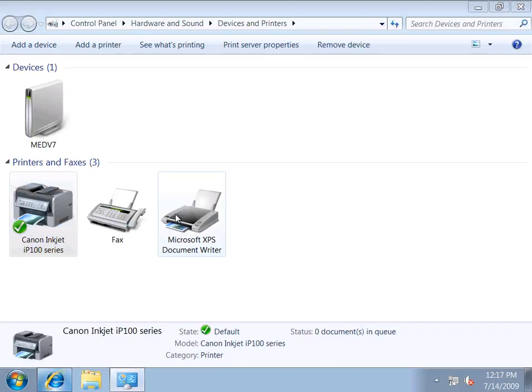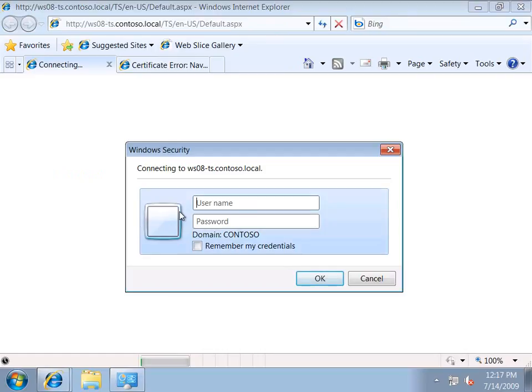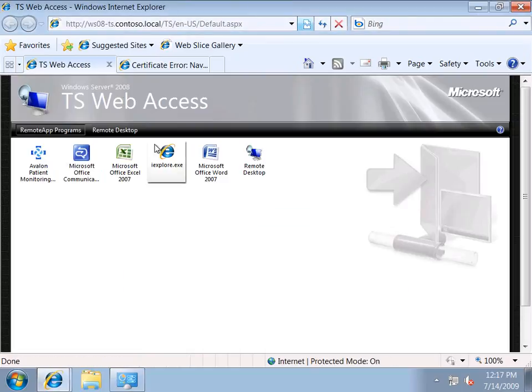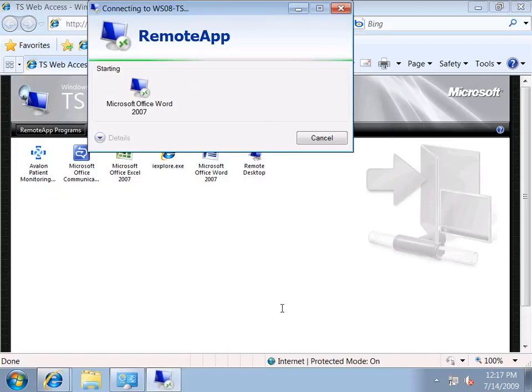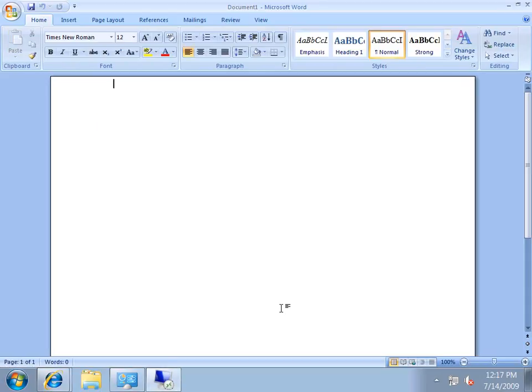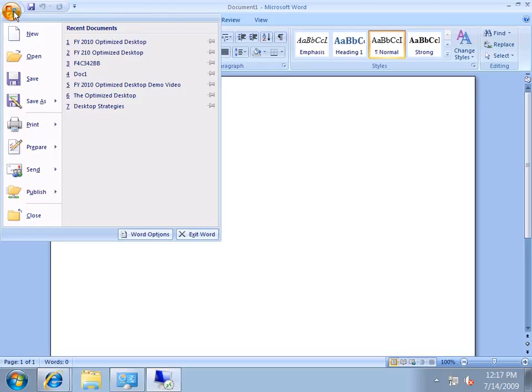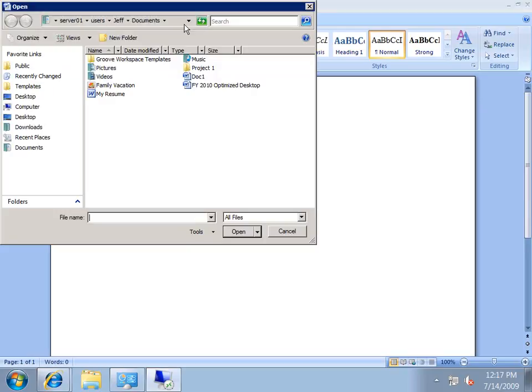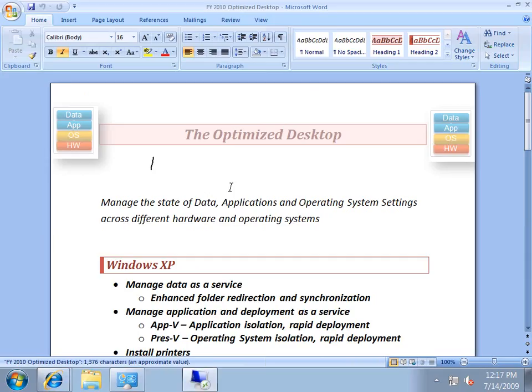Well, how am I going to gain access to corporate applications and data? I'm going to go to a website. I'm going to go to a secure website. Now, this is not HTTPS. I didn't set it up for this particular scenario, but in a normal deployment it would be. So remember, I'm logged on as home user Jeff, but I'm going to connect back to my data center through demo Jeff. Okay, so I've logged on as demo Jeff, and that enables me to have access to my corporate